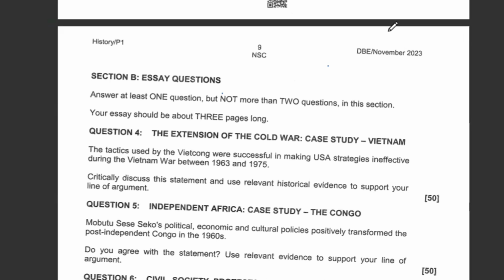Remember, we have conventional and we have non-conventional tactics. What we call conventional is something which is common, something which is commonly used, something which is well known, something which is from the book. That is conventional. Which means when we're talking of conventional warfare, we are talking of using strategies which are known. You are fighting your opponent using strategies which are common, which are known.